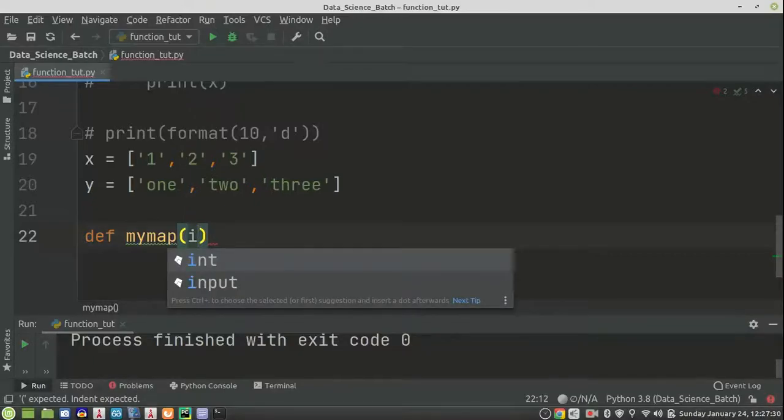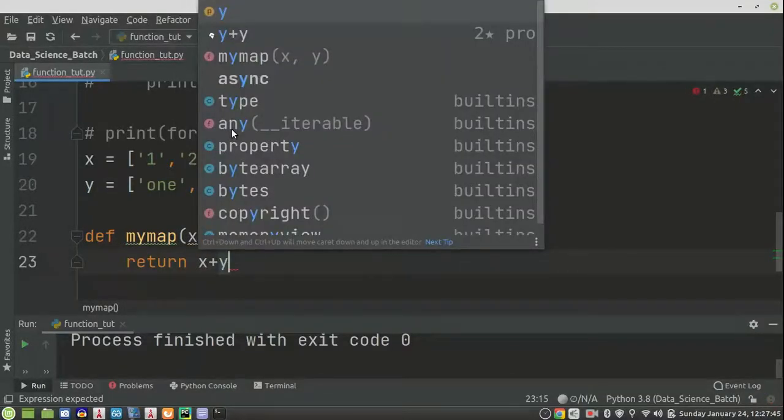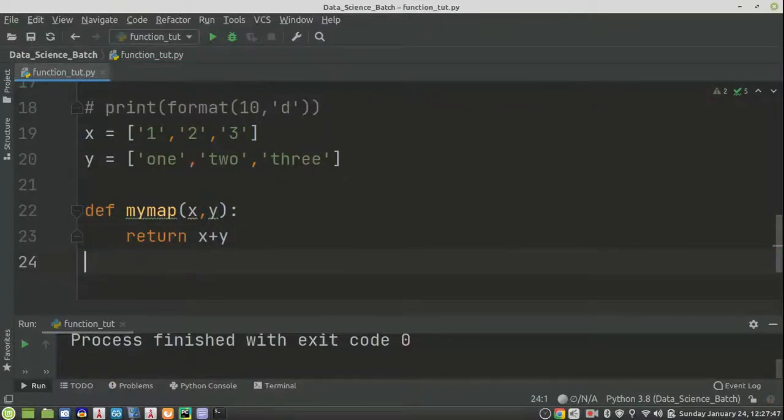For example, I'll give i and j. You can give anything, just like x and y. And now return x plus y. So we'll go with the easiest way. The only motto is to understand how this function works, and that's why instead of going with a difficult example, we just add two numbers.